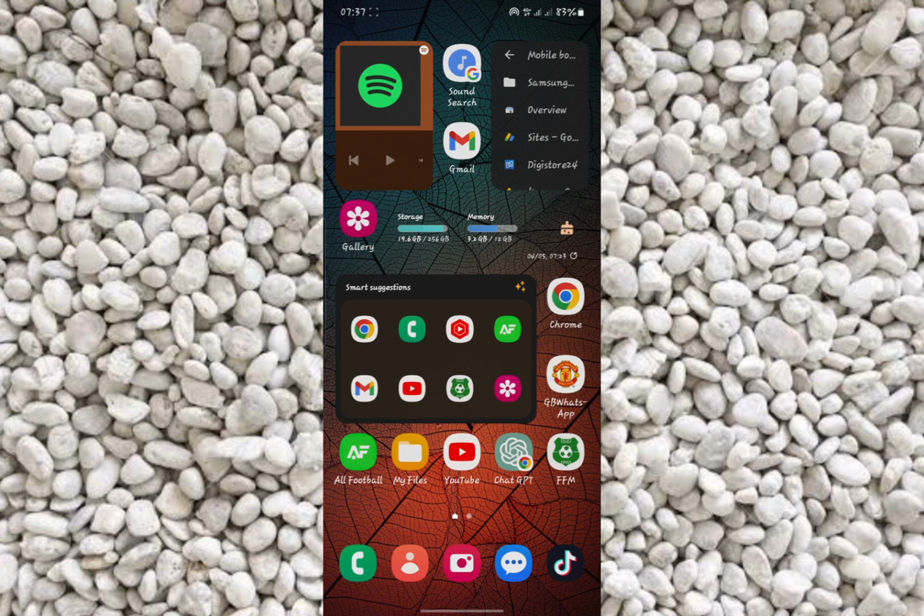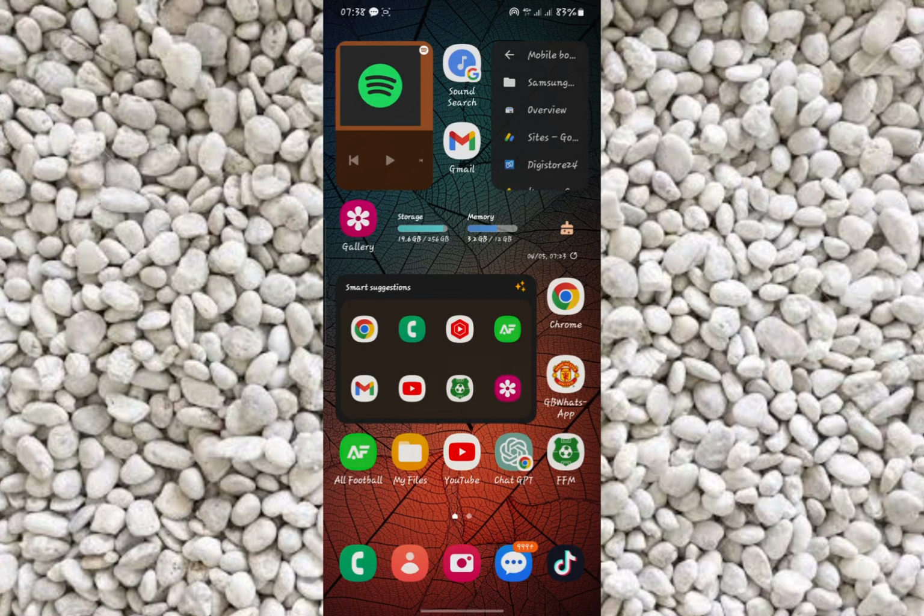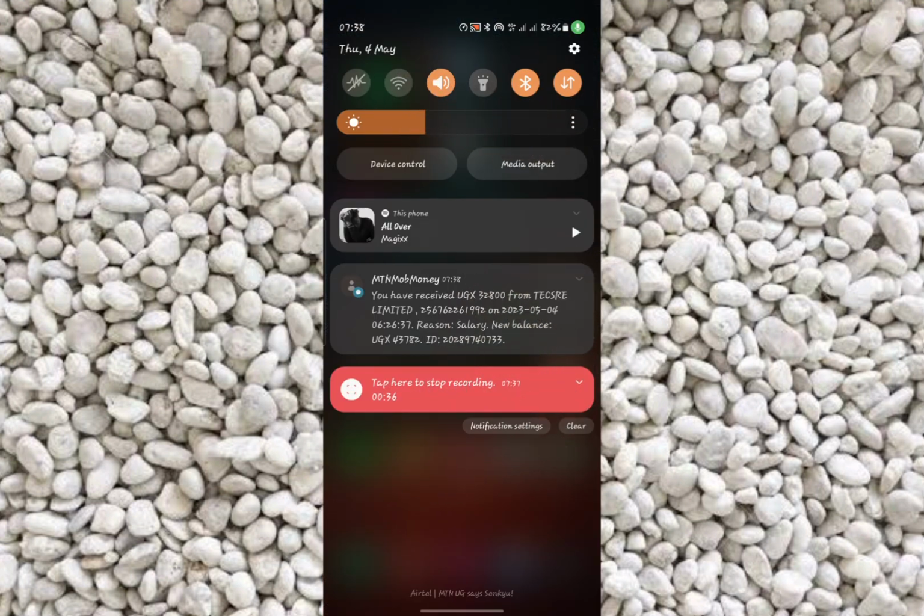Now let's wait for the withdraw to arrive. After it arrives, then we shall know that, as you can see, our money has reached our account. So it is true, and it is paying. The application is paying. So you can open up your accounts and start enjoying this money if you want to start earning your passive income from this particular application.